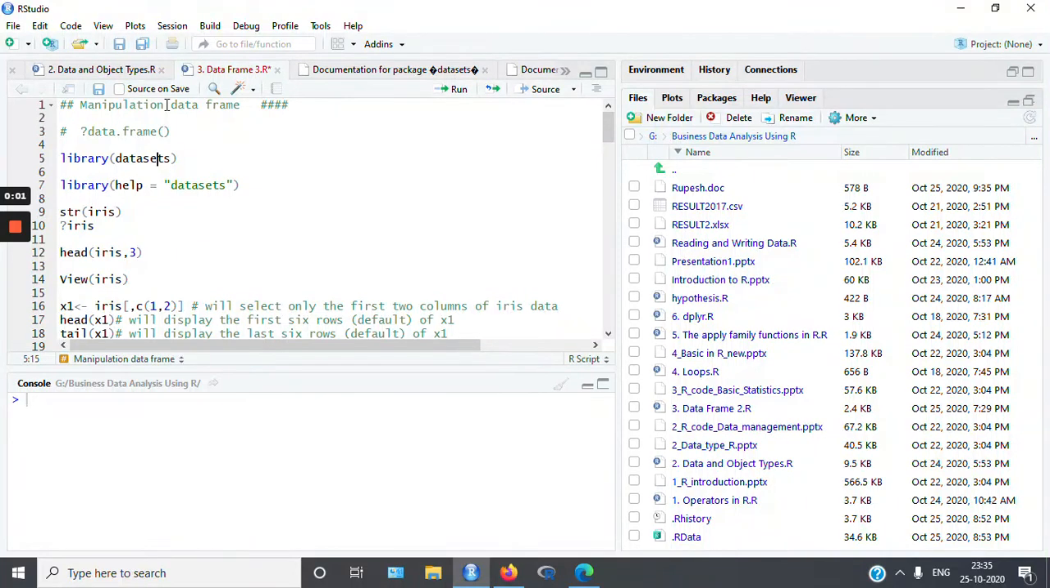Hello everyone. Let me present a very small video explaining about the manipulation in a data frame using R. For this I'm going to use a use case from the R dataset library. The dataset library presents a collection of use cases, and if you want to check all the use cases which are